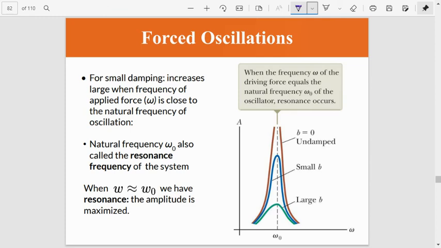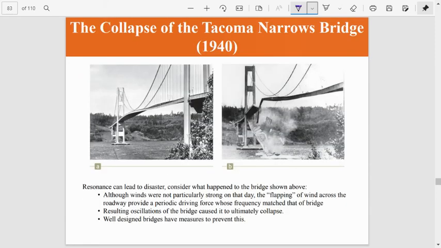So again, resonance is when the frequency of the applied force onto the oscillator matches its natural frequency. And this will create really big oscillations, which can be potentially dangerous,